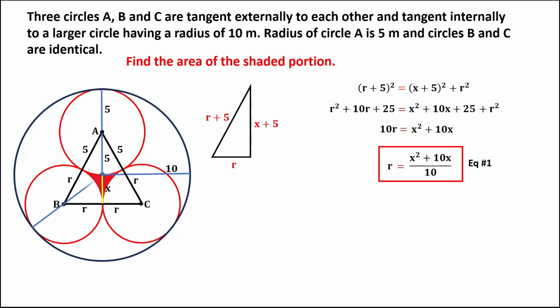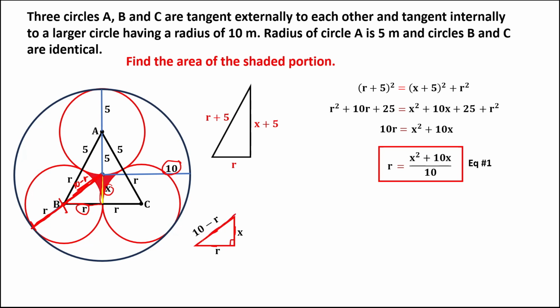If we draw a line on this area to form another right triangle, and since from the center to any point of the circle, this one is the radius, then from this right triangle, if we use this right triangle, and this side is equal to R, then this side is equal to X. Then for the hypotenuse, since this one is the radius of the larger circle, and that's equal to 10, and this one is R, therefore this side is equal to 10 minus R. Then using now the Pythagorean theorem,